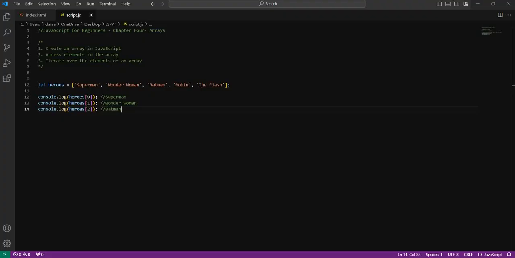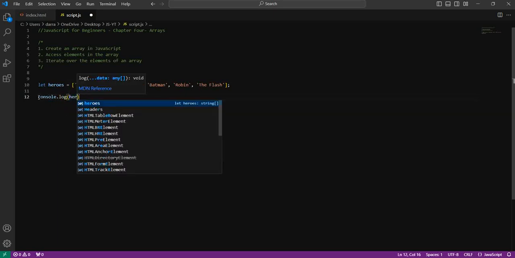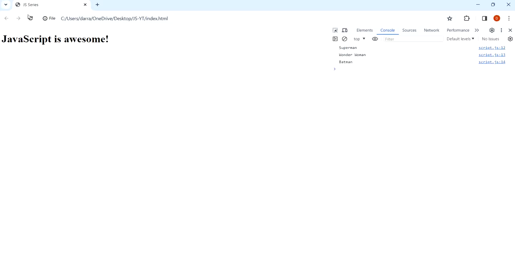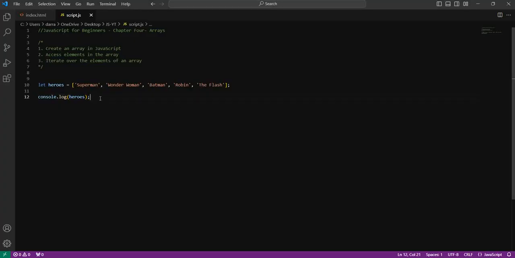But yeah, we have our heroes logged out. Now, another thing we can do, you might have seen it a moment ago, is if I say console.log heroes, you'll notice once again, when I log out the array and expand it, we have access to this length property. So this is really powerful because this actually allows us to iterate over an array and the various elements in an array. So hypothetically, what we could do is we could just log out